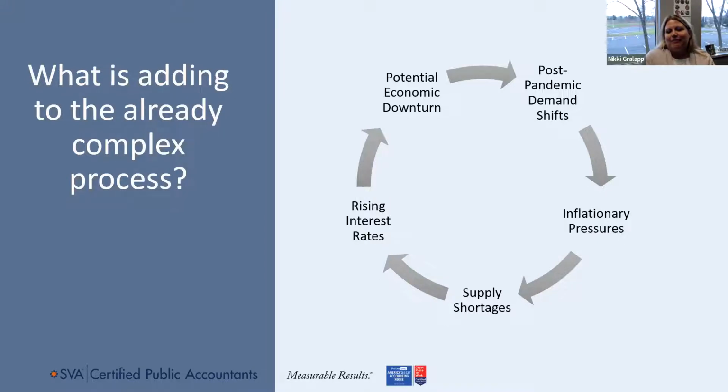So inflationary pressures are going to raise our prices. Supply shortages are going to raise our prices. So are we hitting the margins that we're looking for? Nancy will talk about some key indicators in a little bit, but rising interest rates. So, get out your bank loan. When does your loan come due? You might go from a 4% interest rate to a 7.5% interest rate. What's that going to look like? You need to be planning for these things, and you need to know how it's going to hit and what it looks like within your budget.